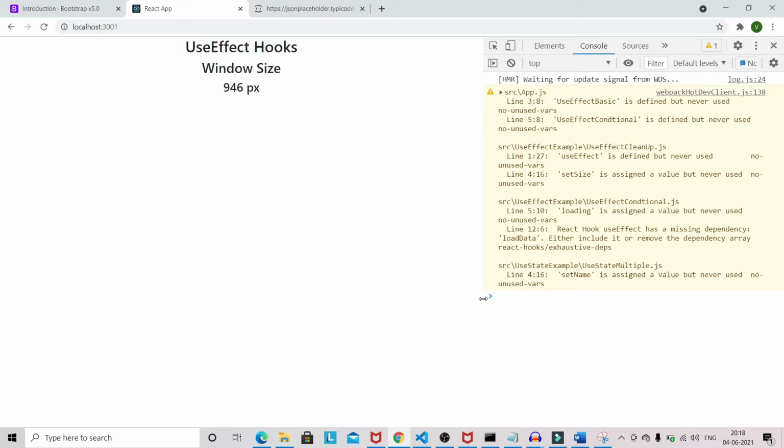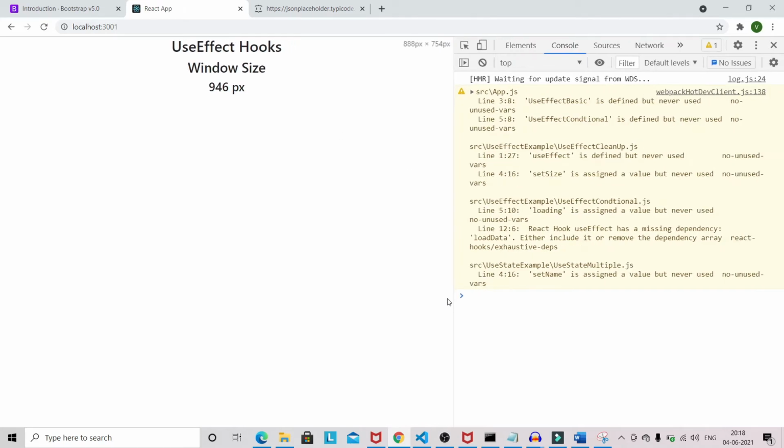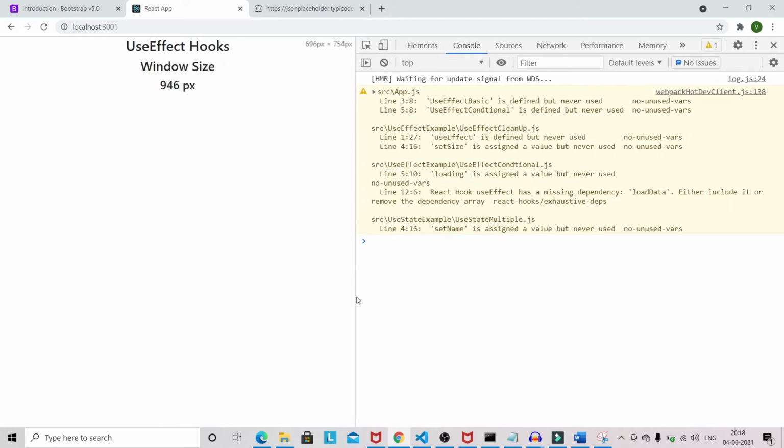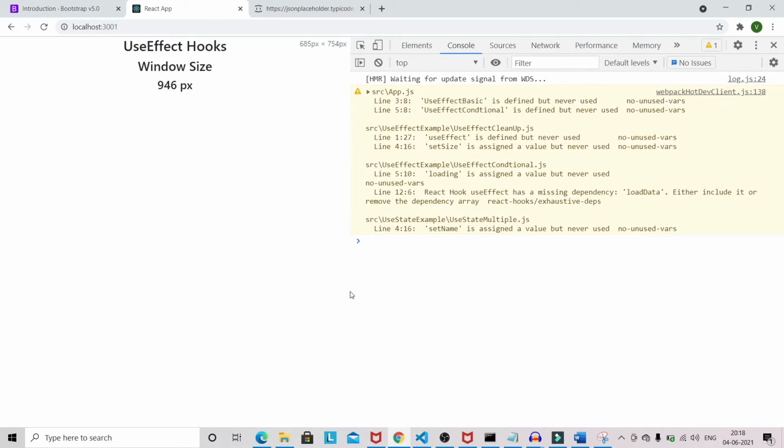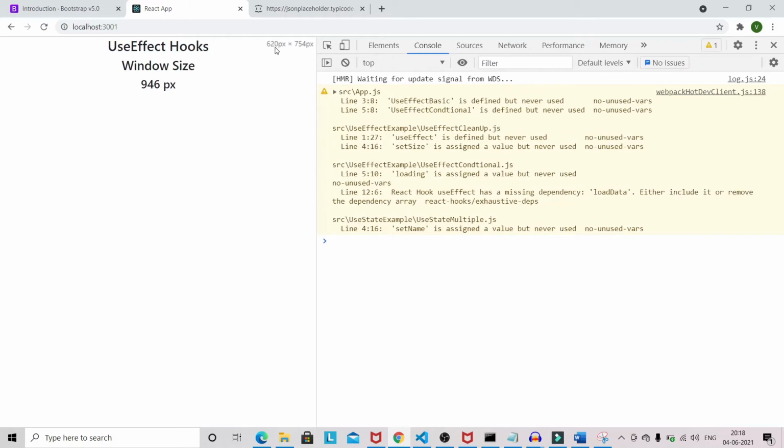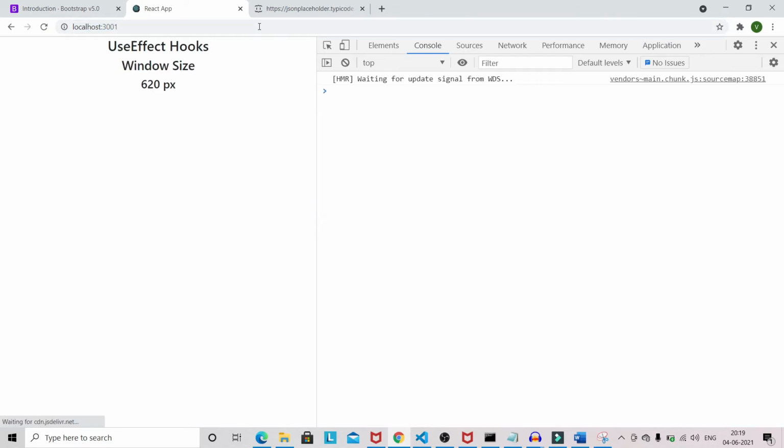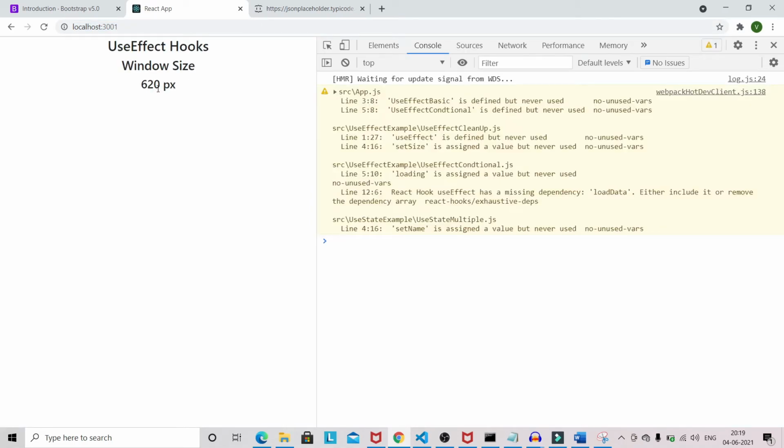Okay, so if you decrease the width, this width is not decreasing, but you can see that here it's decreasing. Okay, but if you refresh, you will get the updated width. This is happening because we are not listening to the resize function. Okay, we have to listen to this resize function.